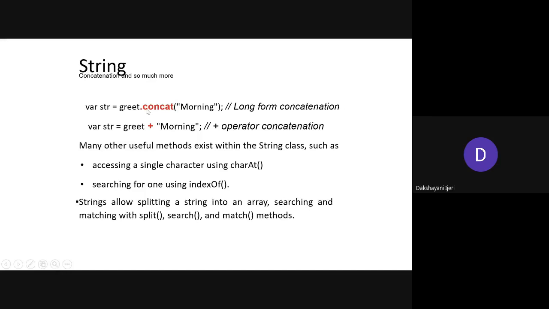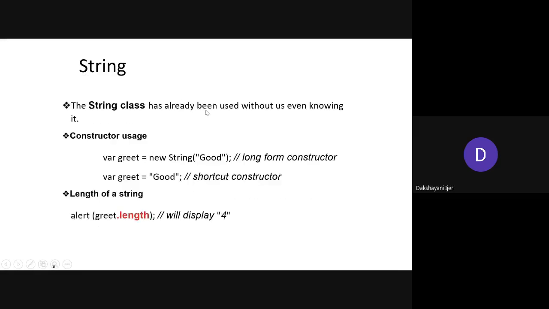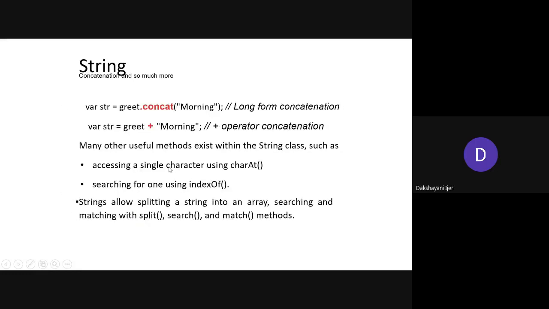Okay. So following that, the concat method is once again being used here. You can also use concat on an array. Here in a string, you can use the concat method to concatenate two string values. For example, greet is a variable which has the string "good". If you use greet dot concat with "morning", that means "good" is going to be joined with "morning". It is as good as saying greet plus morning, which is going to give you the result "good morning".